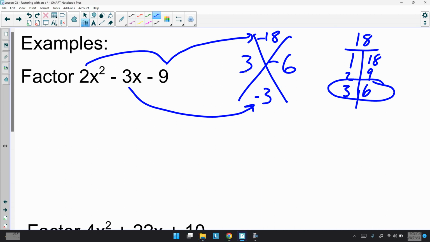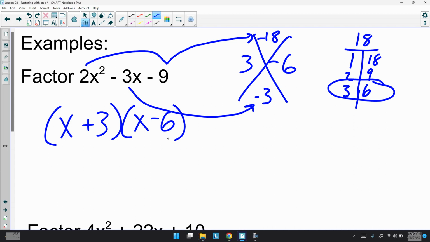Anyway, so parentheses x plus 3, x minus 6. Let me erase this line, get it out of my way here. There we go. Actually, let's fix this because I'm going to use this to print. There we go. All right, again, bottoms, well, not bottoms up yet, we got to divide